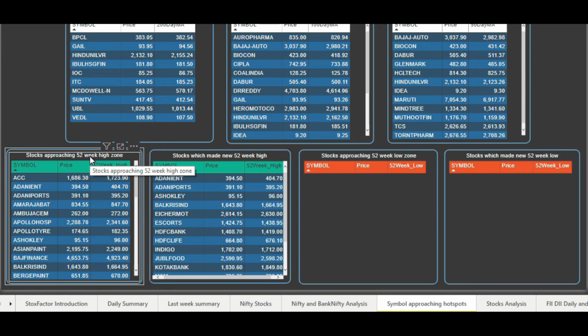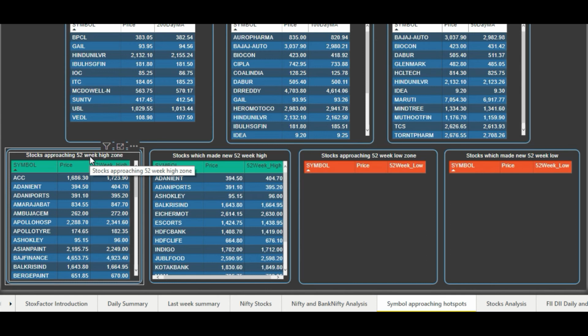So whenever a stock is near the 52-week high zone, you would want to hold that stock. You need not sell that stock immediately, or short that stock immediately if you are trading, because that stock is in a strong uptrend. You need to understand why that stock is approaching the 52-week high. If any stock is approaching the 52-week high or making a new 52-week high, it means the company is doing well in fundamental terms and the business is good. That's why people are willing to invest and buy at higher prices. And if it has entered the 52-week zone, it is likely that it will make a new 52-week high.